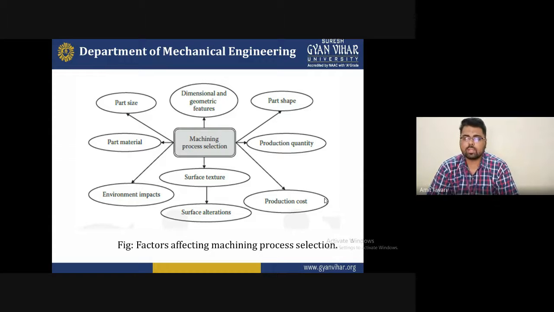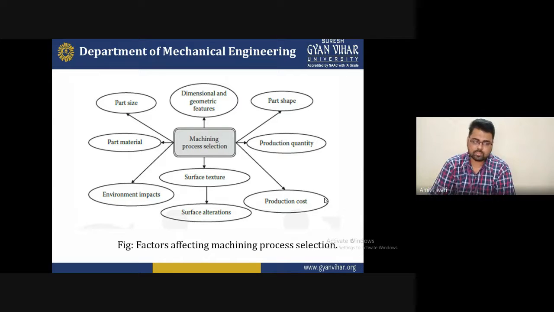It all works on the machining process selection. So whenever you are doing any machining, keep in mind that all the factors are very important for the machining process selection. You will improve the quality if you select all the features in an appropriate manner, and you have to understand all the features very deeply. Then you will understand which machine to select and which type of operation you want to perform, and what type of machine is required for the machining operation. After that, you will not face any problem, and definitely your product will be manufactured with a very good surface texture.